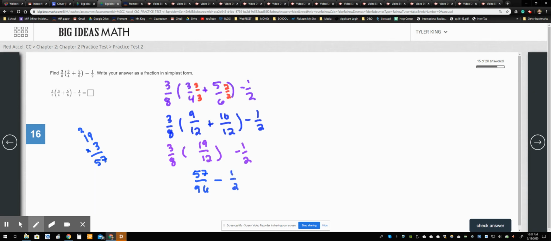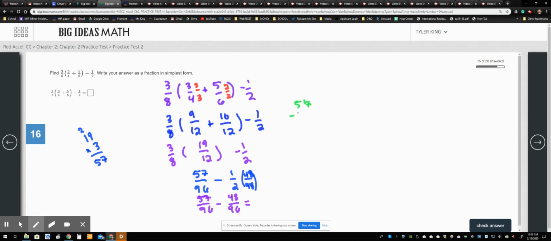Okay, and then we need to have our same denominator here. So the easiest thing to do is make the 2 become a 96. The way we're going to make that 2 become a 96 is we're going to times it by 48 and 48. So we end up with 57 over 96 minus 48 over 96, and then we equal that out by saying off to the side here,